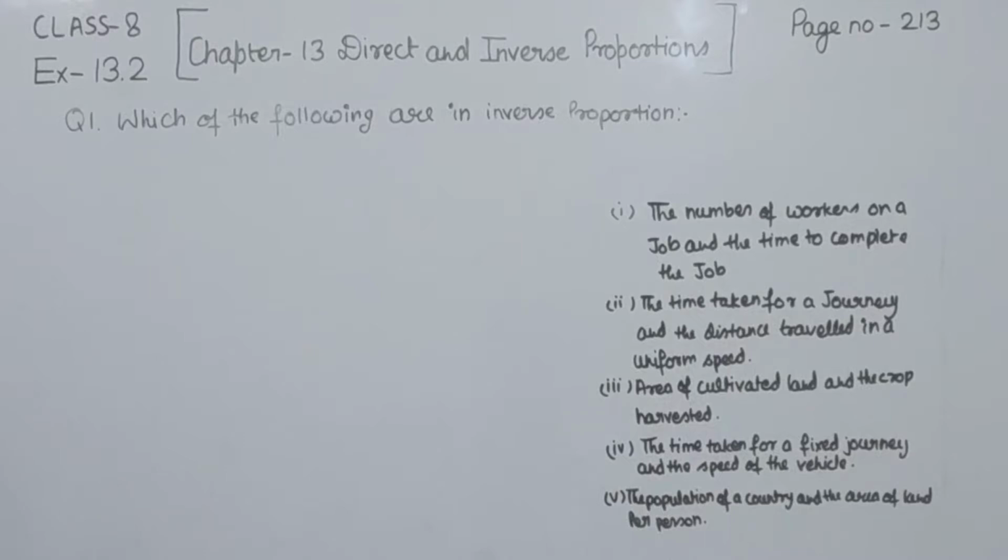Following are in the inverse proportion. So we are having the 5 parts in the equation. We are going to start with the first one. In the first one, we are having the number of workers and the